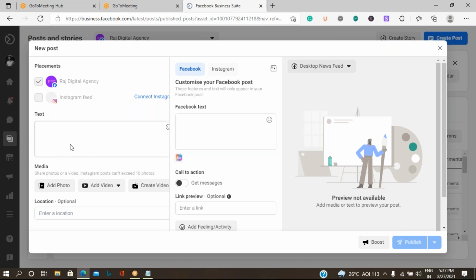In the old Facebook website screen, we had a different screen for how we were doing normal posting. Here there are some new options provided. So here you can add the text for the Instagram account as well as the Facebook account. Okay, so let me add it.